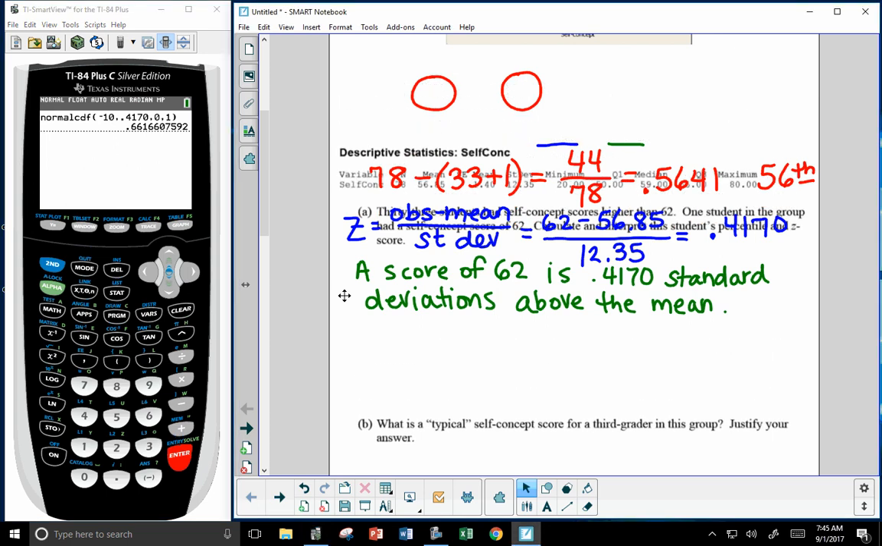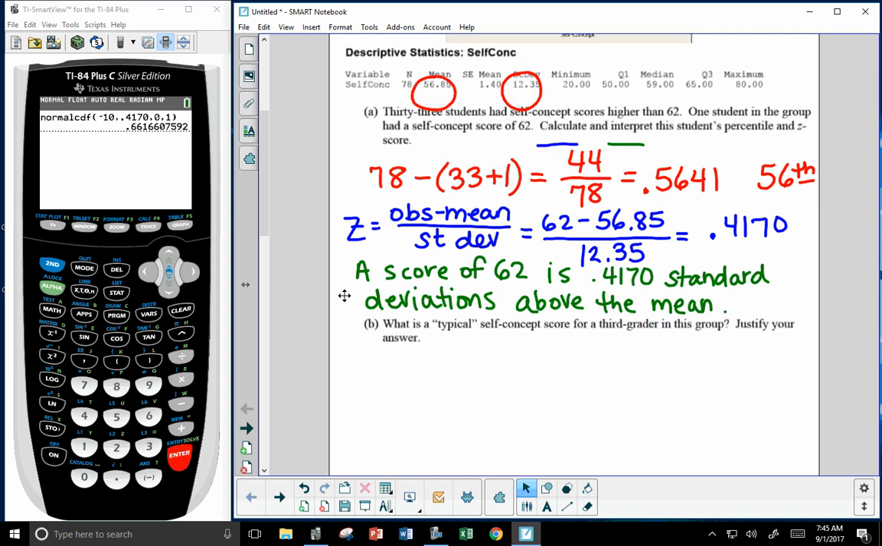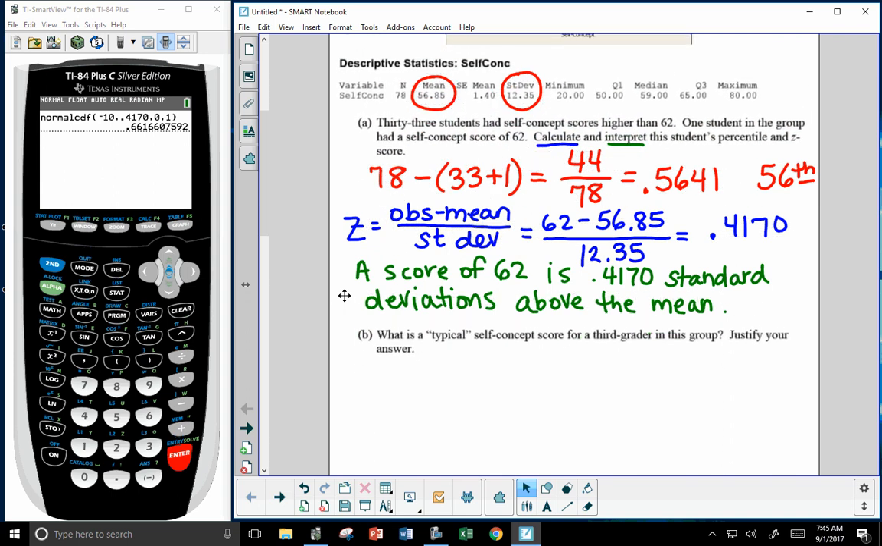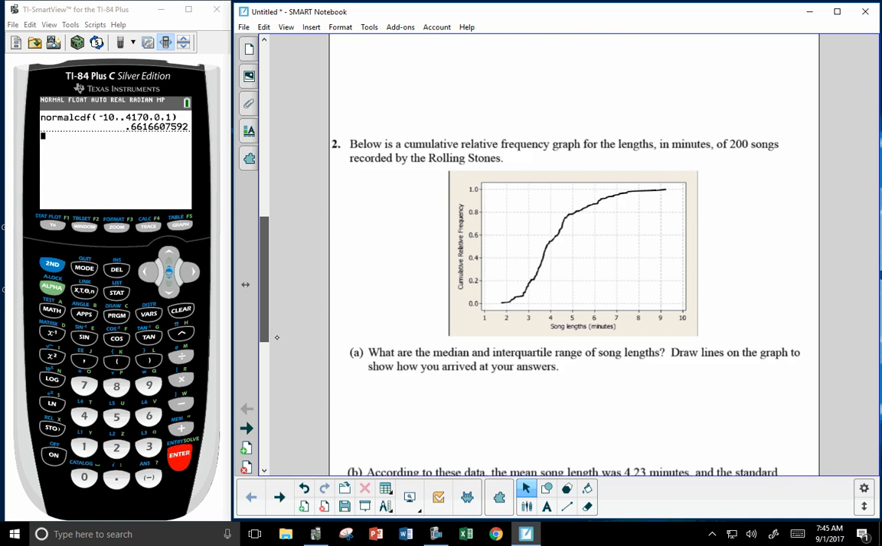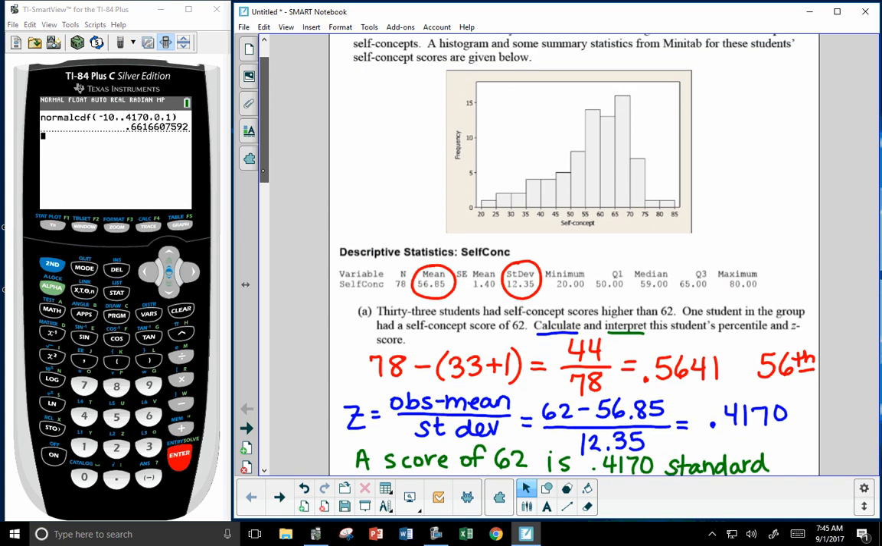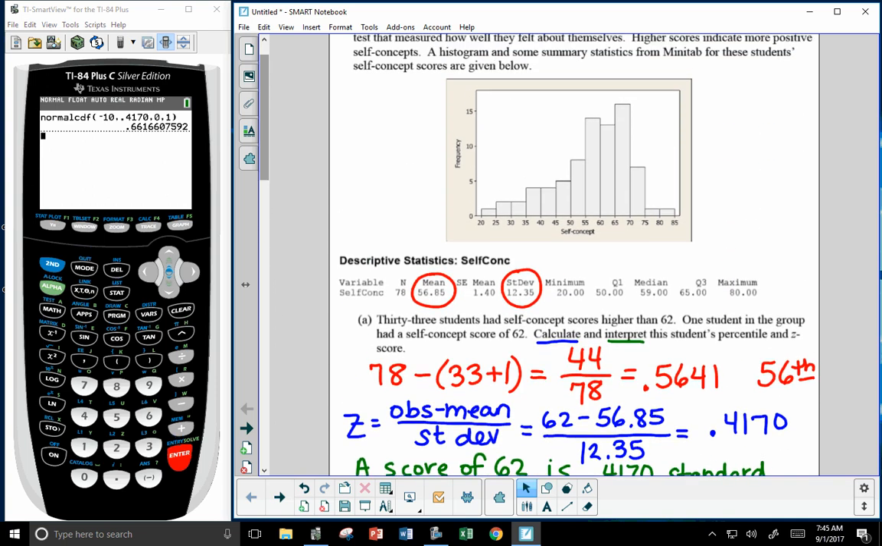We can see from the original distribution that it is skewed to the left. And anytime our data is skewed, we need to use the median to represent the center. So it's skewed, so we're going to use the median. And they do give us the median in the printout. We have it here. There's our median, it's 59. So the answer for part B, what is a typical self-concept score? We would say it's the median